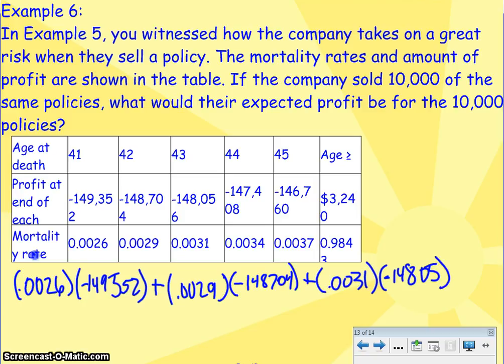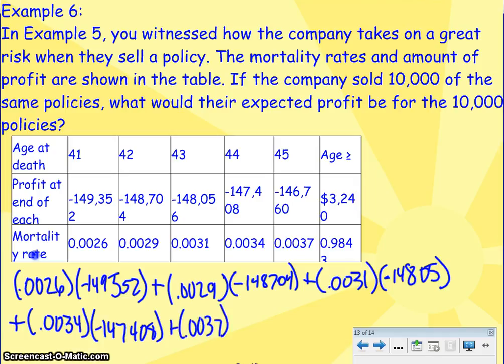148,056, plus 0.0034 times negative 147,408, plus 0.0037 times negative 146,760, and finally